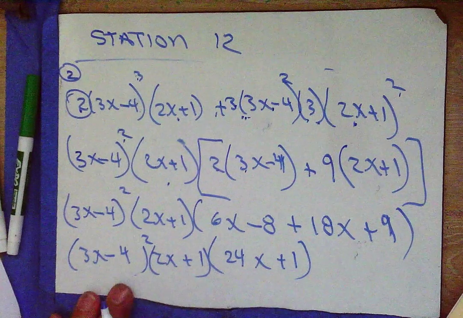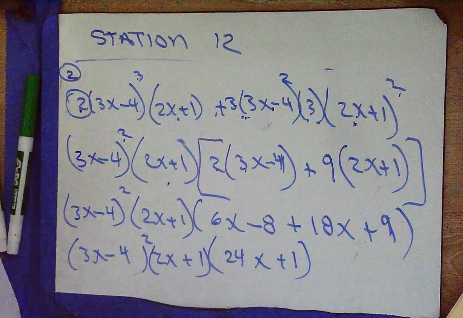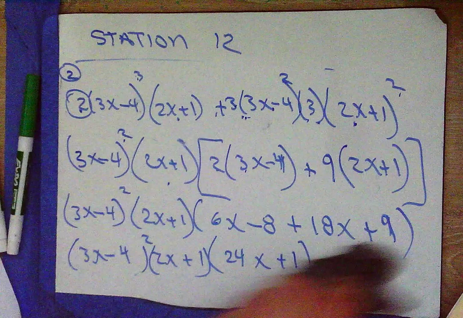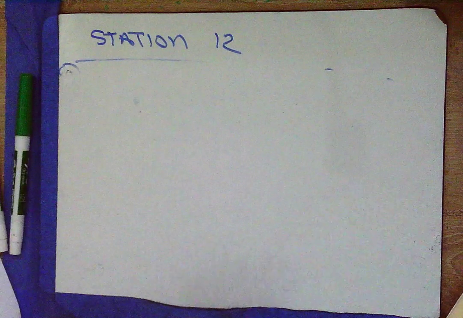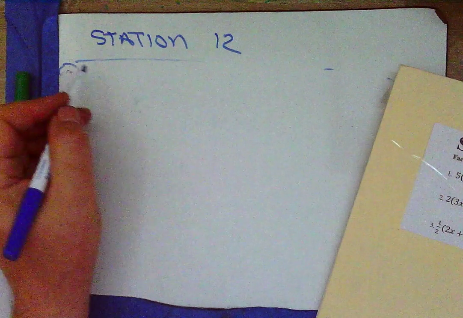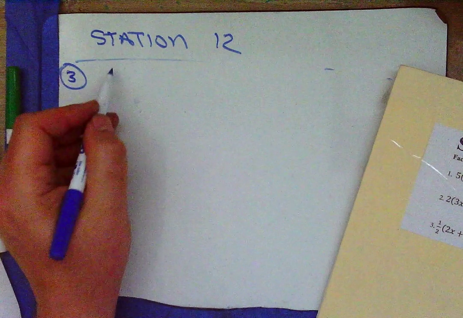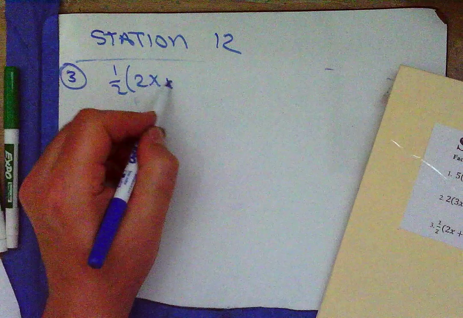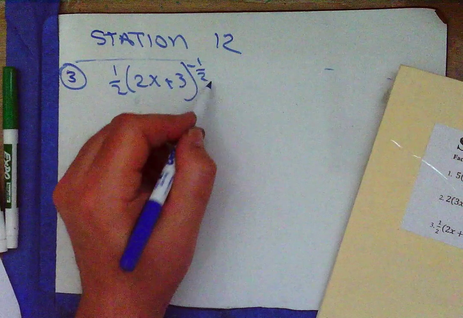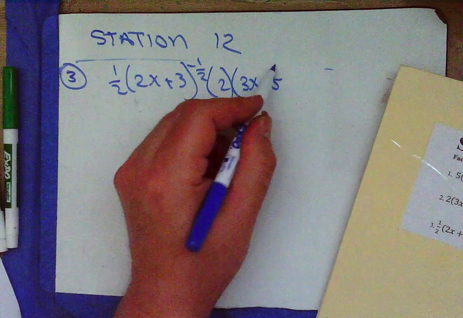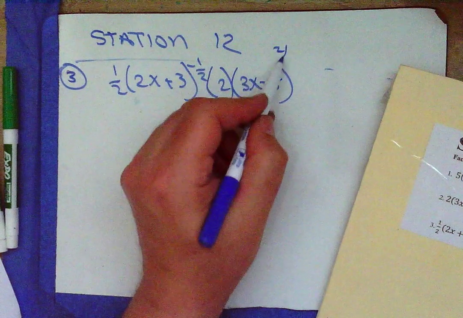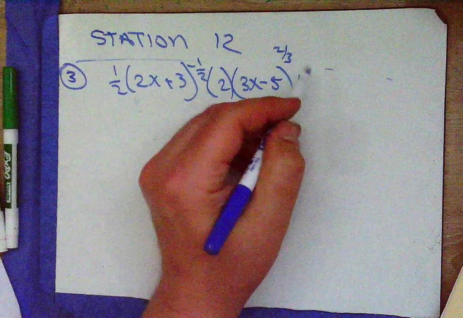And in Chapter 5 in Calculus, when we get to this point, we'll be setting each of these factors equal to 0. Okay, there's problem 2. I hope you did well on that one. Problem 3, it's got rational exponents. Let's take a look at problem 3. It's got 1/2 times 2x plus 3 to the minus 1/2 times 2 times 3x minus 5 to the 2/3 plus 2/3